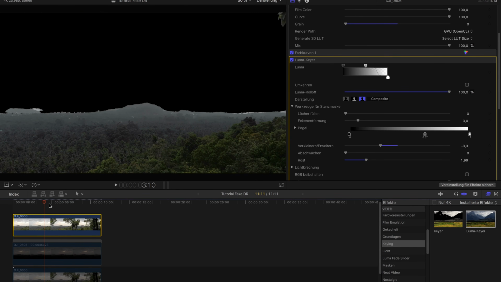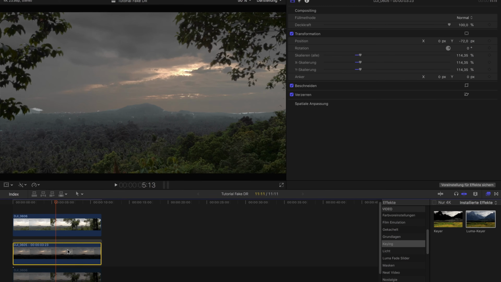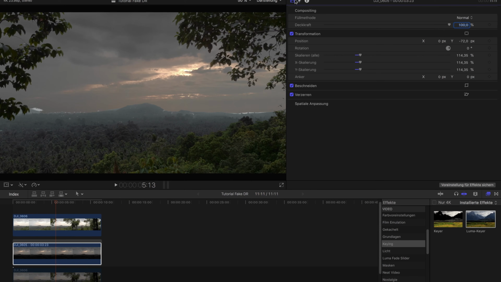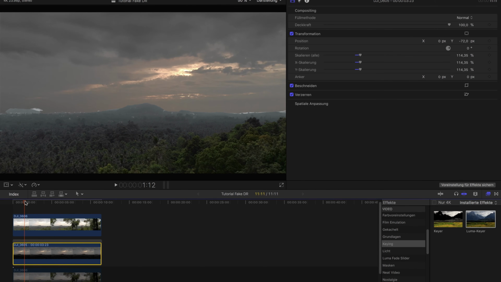So as you can see, now I got rid of the sky, and now I introduce that clip here again. And as you can see, the sky is here. Already doesn't look too bad. It's actually quite good already. I'm impressed right now, but